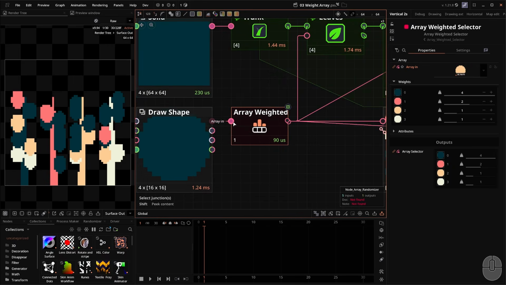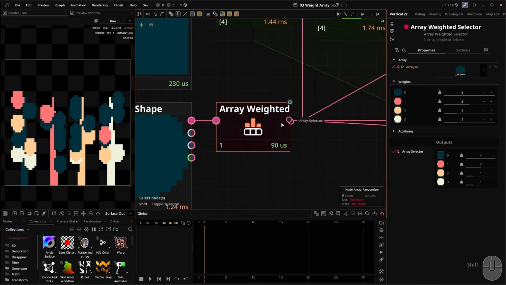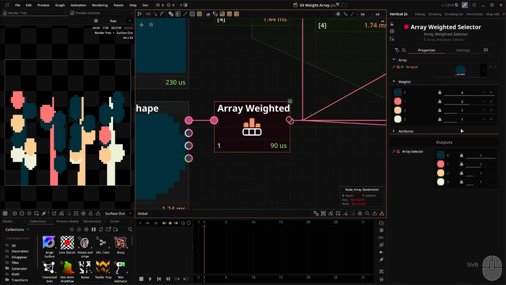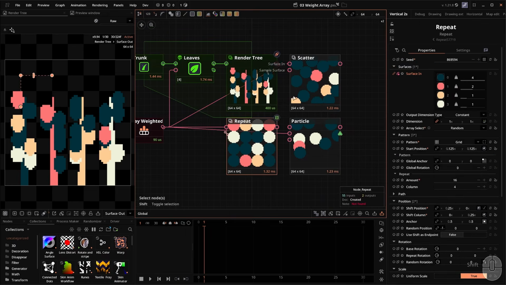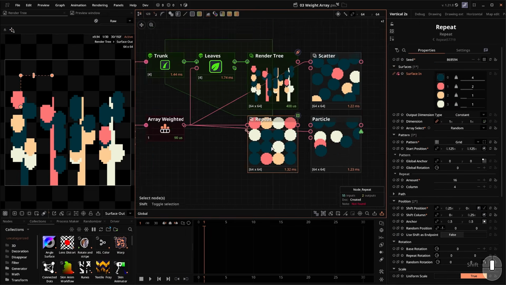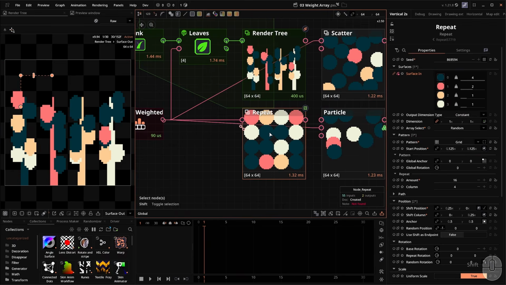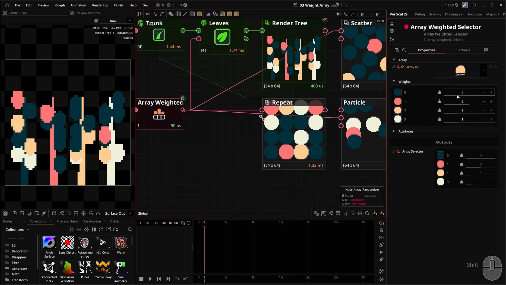So this node will input an array and then output a new selector object. And this selector object will allow you to control the weight of each member in the array. So when you plug it into a supported node, like the repeat node, the scatter node, the particle node, it will be able to apply that weight to its randomization. Alright, so here as I increase the weight of the blue, you will see that the blue will be selected